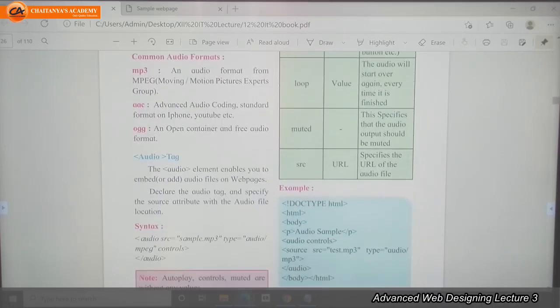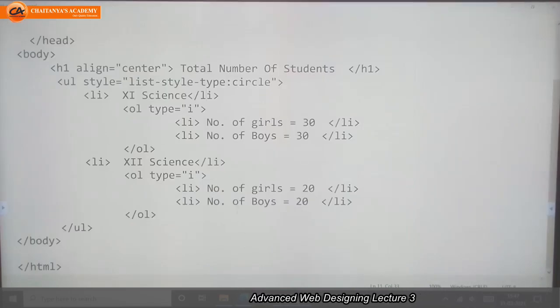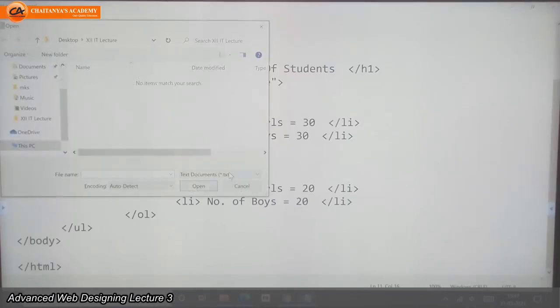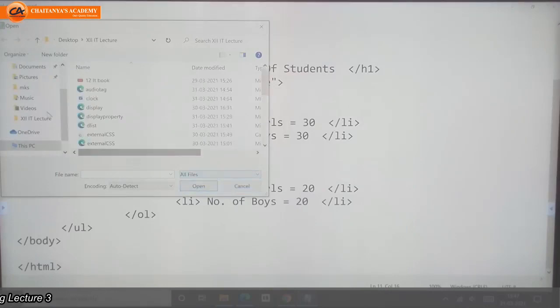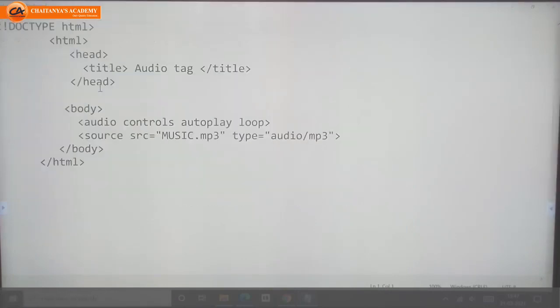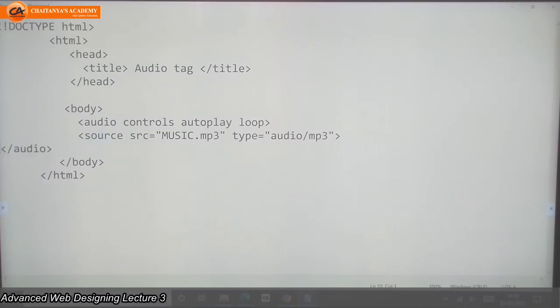So we will see our audio tag, how we can use it. To use the audio tag, we need to use two tags: audio, and second one is source inside this audio.